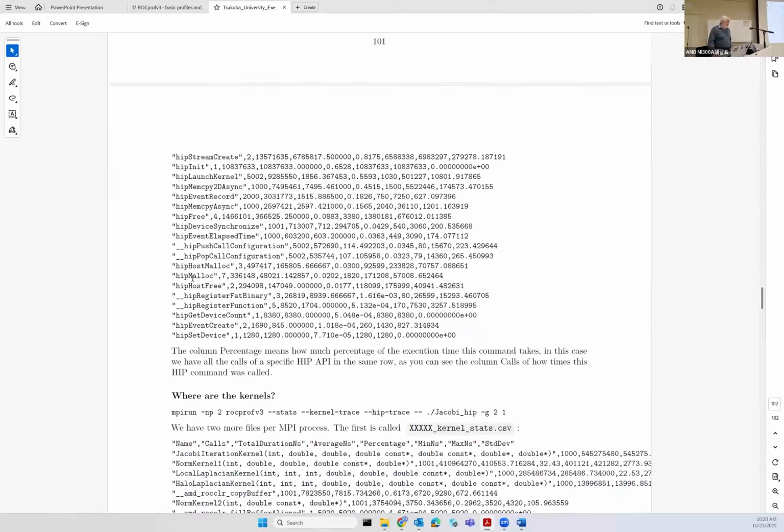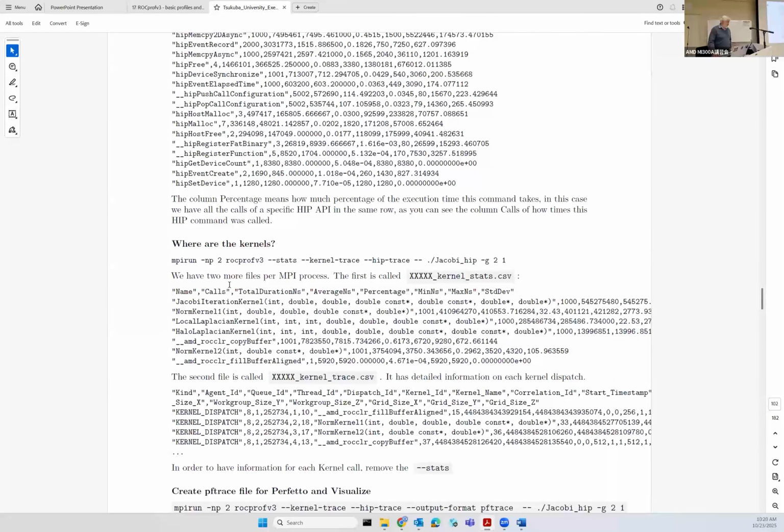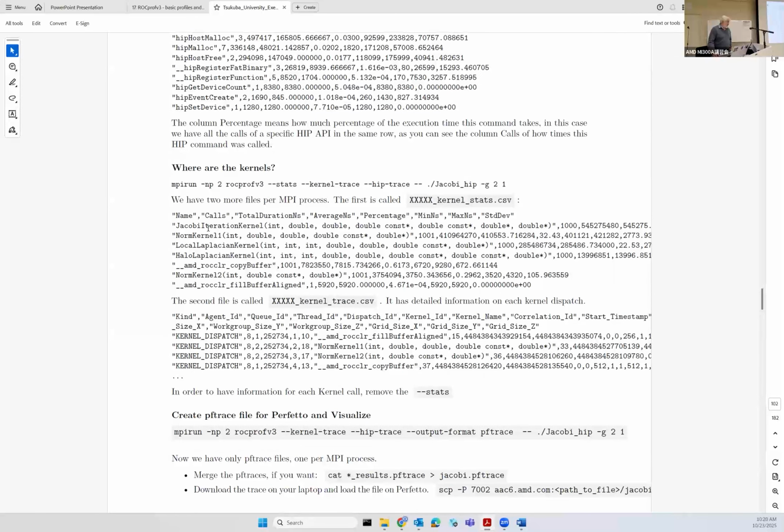So as we see in this next step, where are the kernels? Well, we didn't ask for them. So now we add kernel trace. We see the kernel time. So now we see